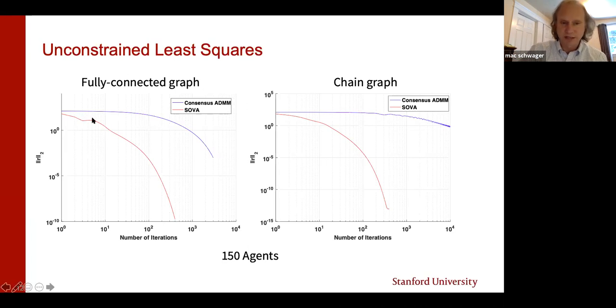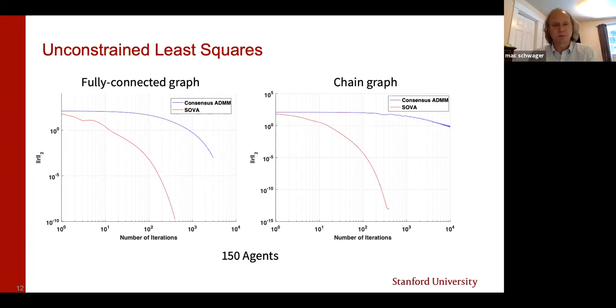And you can see that in both cases, our red curve has much faster convergence than vanilla consensus ADMM. In this case, it's maybe 1.5 orders of magnitude faster. For a chain graph, it's a lot faster. In fact, with consensus ADMM, the convergence rate slows down so much that you may be waiting quite a long time for a reasonable convergence. So one could argue that this is 3 orders of magnitude faster here, but probably a lot faster as you go down. And so that's the story, that you can take advantage of the structure to get a very strong speed up in your convergence rate.